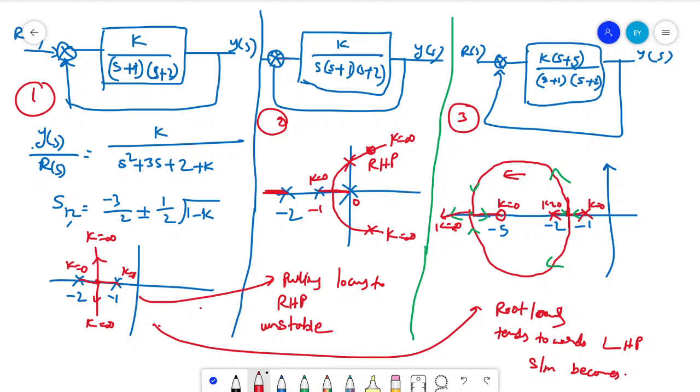Right? So we'll see how it works if you have compensators like the lead compensator. Actually, the lead compensator is nothing but adding a zero to the system. The lag compensator is nothing but adding a pole to the system, adding an extra pole. Or you can compare a PID with the lead-lag compensators. How can we do that? We'll see in the next class.